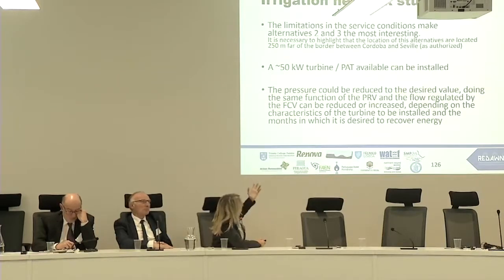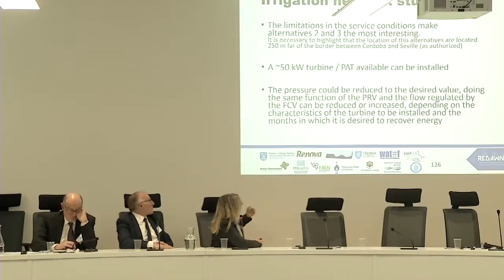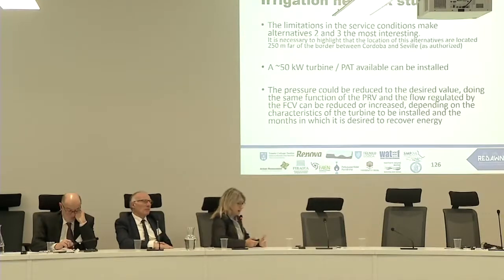So in this irrigation system, it is a bit different from a water supply system or water distribution system. It is important to know how a PRV operates as happens in a water distribution system, and if the introduction of a turbine can make similar functions in our systems, locating our turbine, replacing it or not, or is it necessary to put it together with the PRV in order to guarantee a minimum pressure when we have no flow in our system.